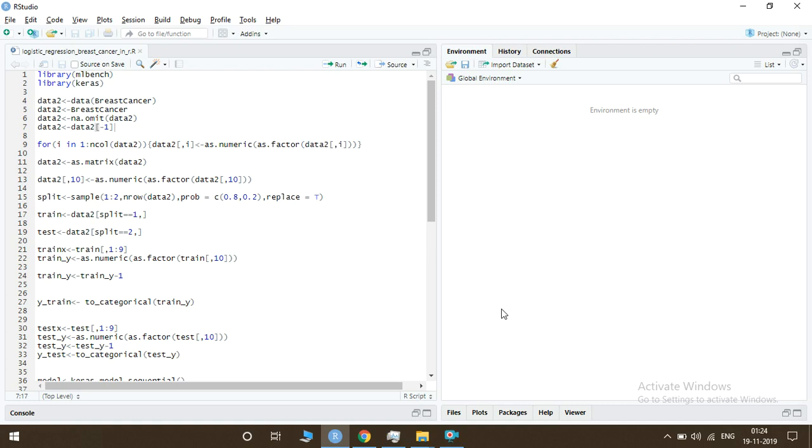If you don't know how to install deep learning packages such as Keras and TensorFlow, I will let you know. The very first thing I encourage you to do is download Conda software from the internet and configure it with Python accordingly. Then we have to install a package named Keras. Once you have installed that package,